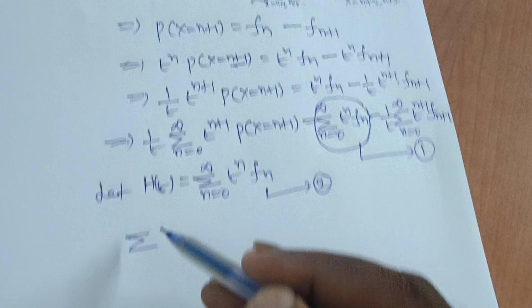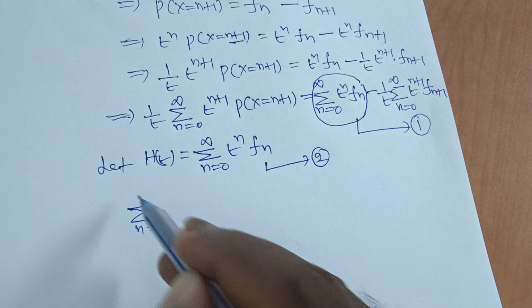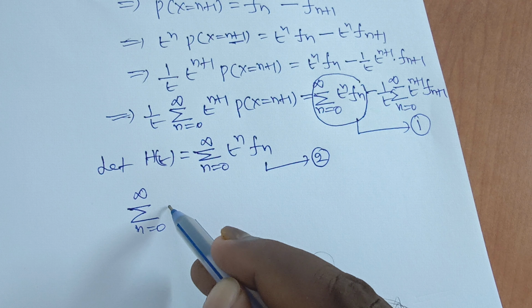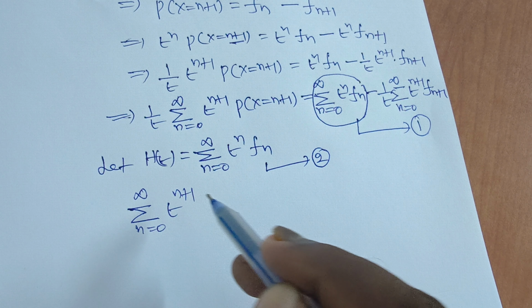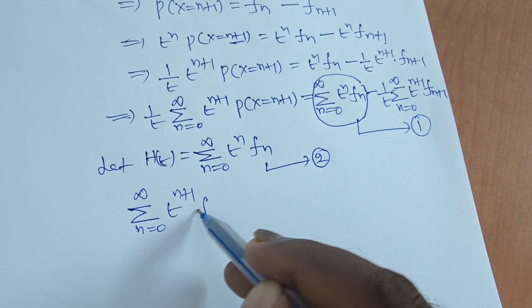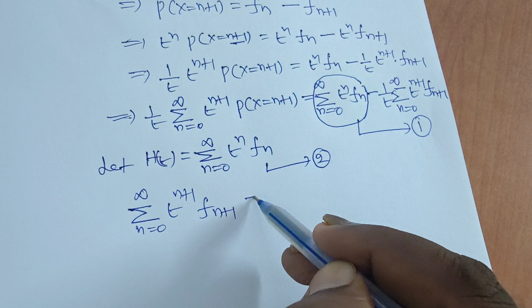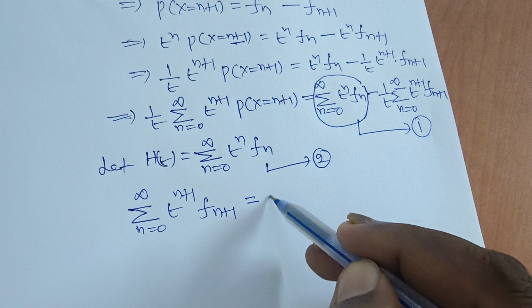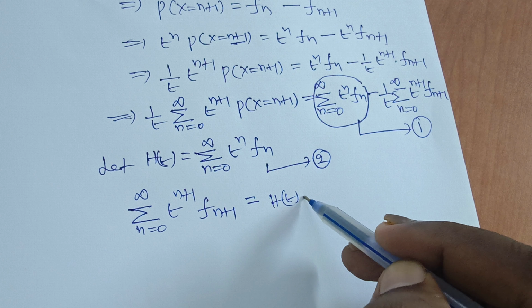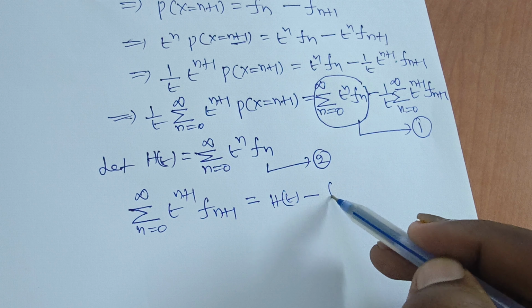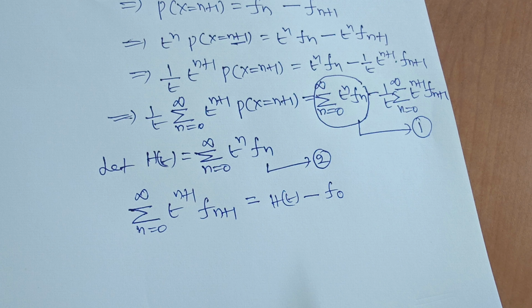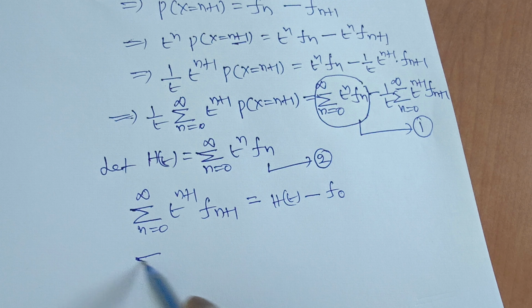Summation n equals 0 to infinity t^(n+1) f_(n+1) is equal to h(t) minus f_0, because summation